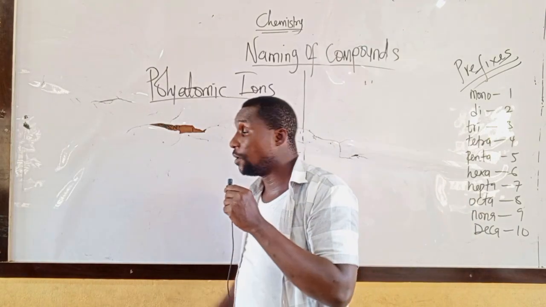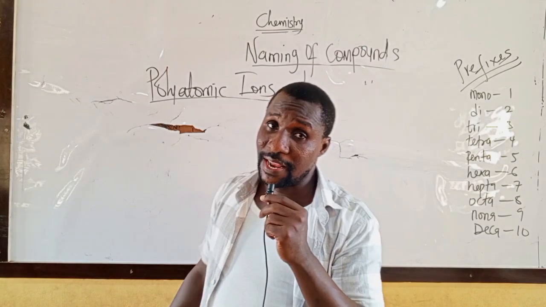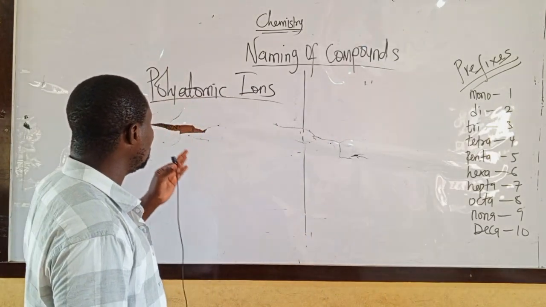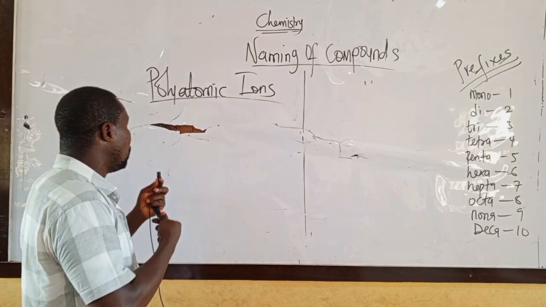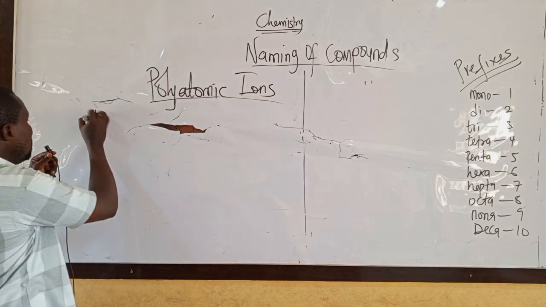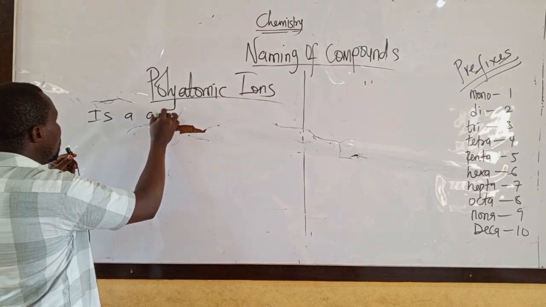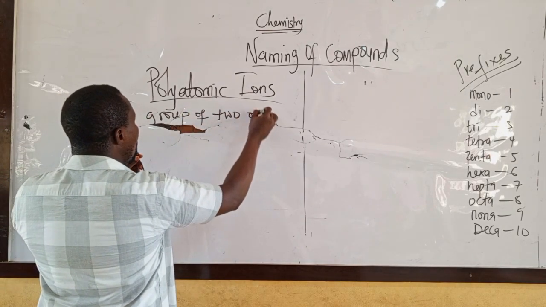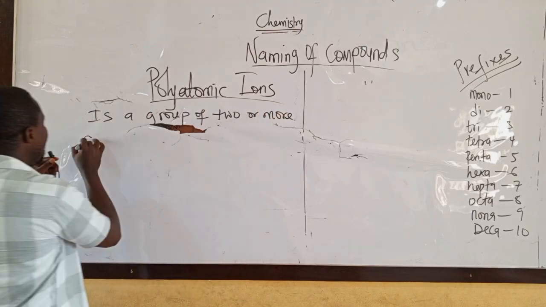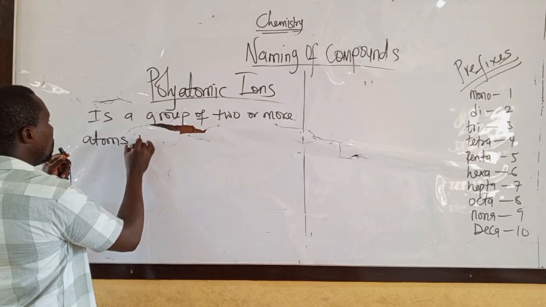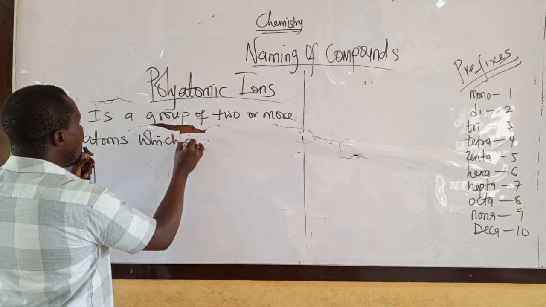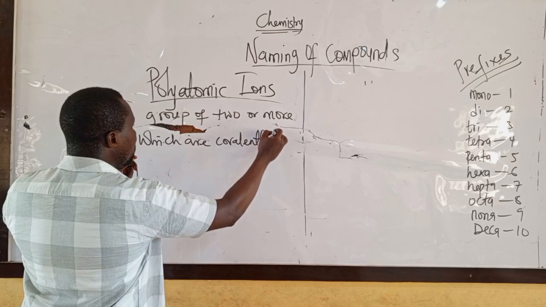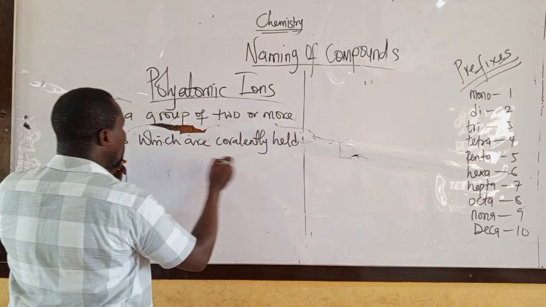First thing, you have to know the meaning of polyatomic ion. This is the last video on naming of compounds. What is the meaning of polyatomic ion? A polyatomic ion is a group of two or more atoms which are covalently bonded or held together,